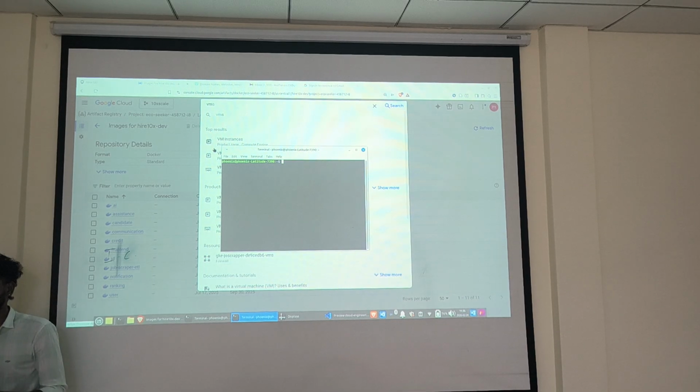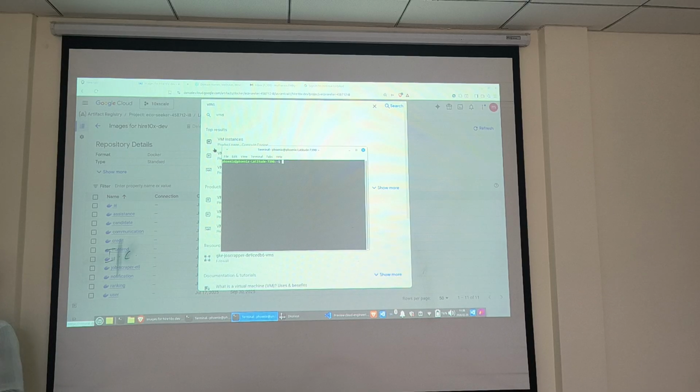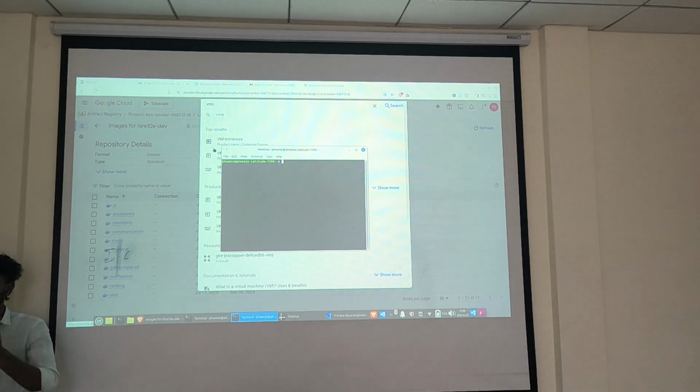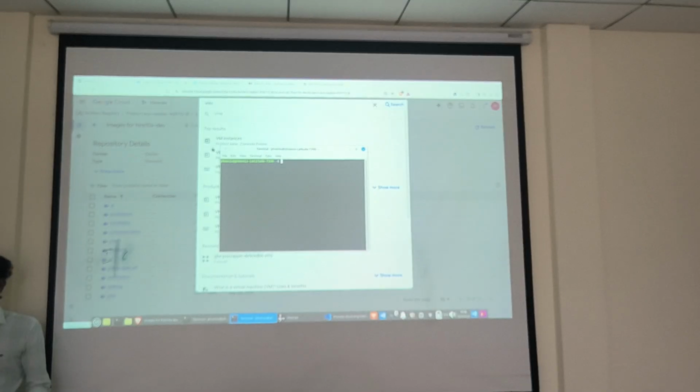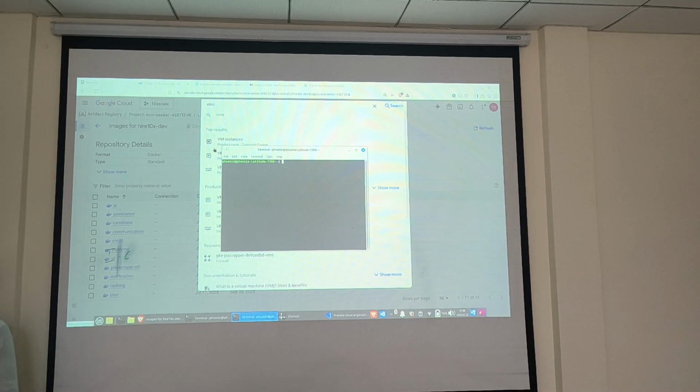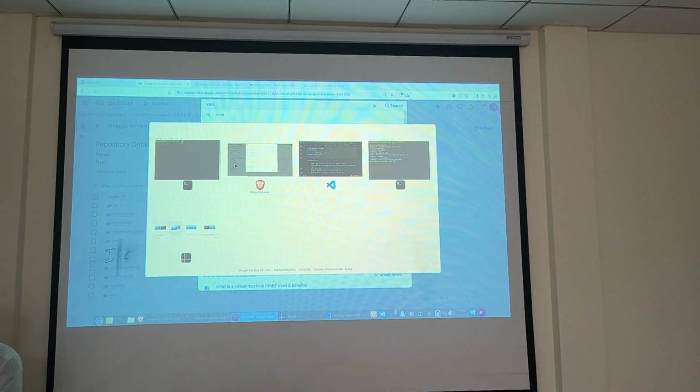For the initial setup, in your local you can create a bash file, and from the bash file you can set up the proper thing. This is the destination: whenever I complete my Docker image, it has to be pushed to my artifact registry. From the artifact registry, I have to pull it inside my virtual machine. From the virtual machine, if you have the image, I can easily create the containers. So this is how the entire flow is going to be.